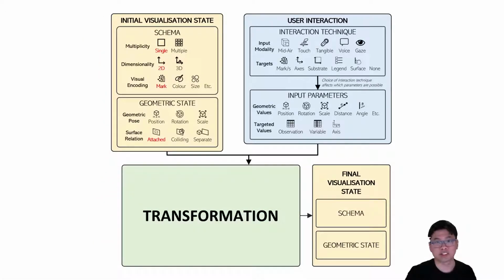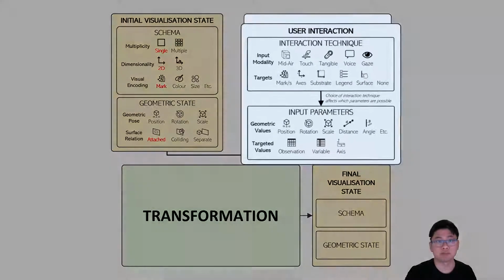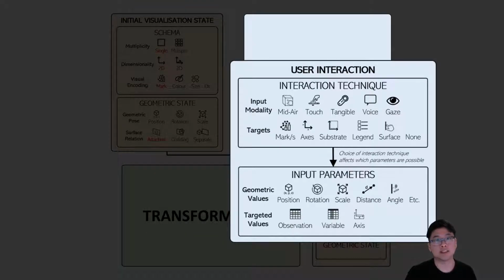The user interaction section focuses on how the user interacts with the visualization to trigger the transformation. First, the interaction technique needs to be decided. This includes the input modality, which should be obvious, and the interaction target. This is the part or parts of the visualization or environment that is interacted with to trigger the transformation. Depending on the chosen technique, we can then derive values which serve as input parameters for our transformation. These can be geometric values, such as the distance between any 2 points of interest, or targeted values derived from